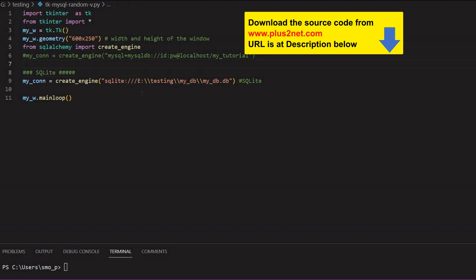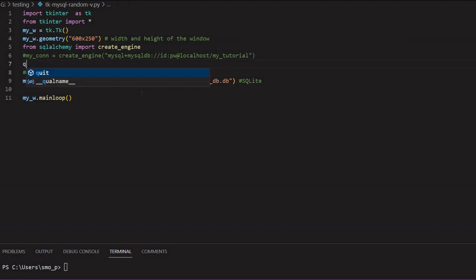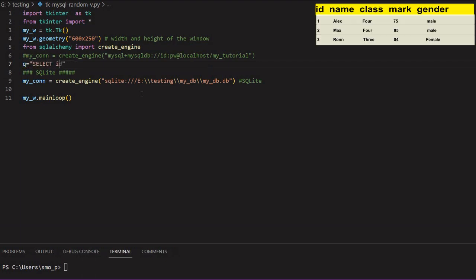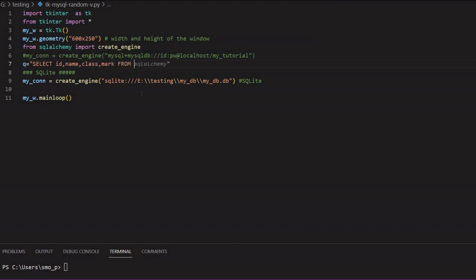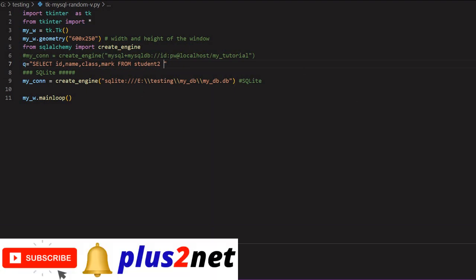It's a string only. So I am giving a variable name q equal to, now I am saying select ID, name, class, mark, sorry, these are all columns from my student table, from student2. I am not giving a where condition right now, and this one is for MySQL. So order by